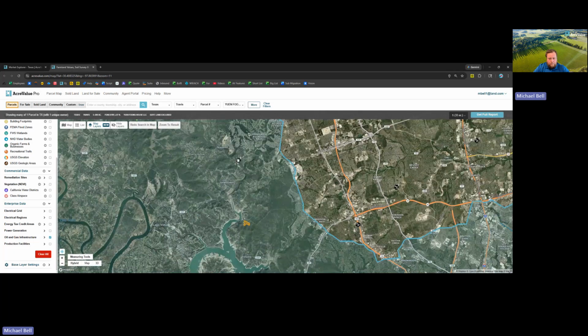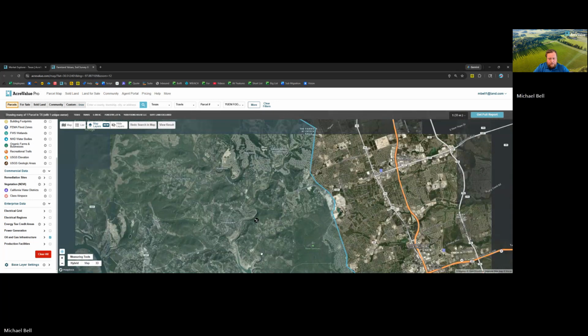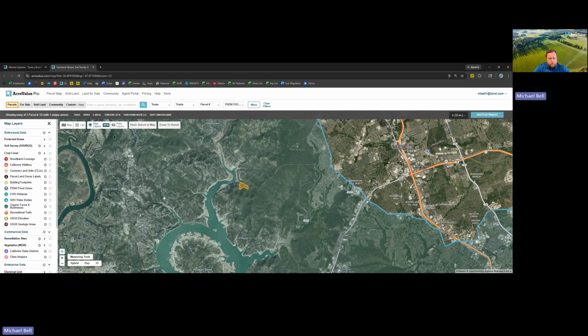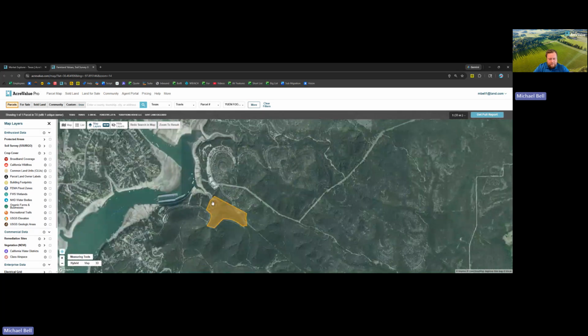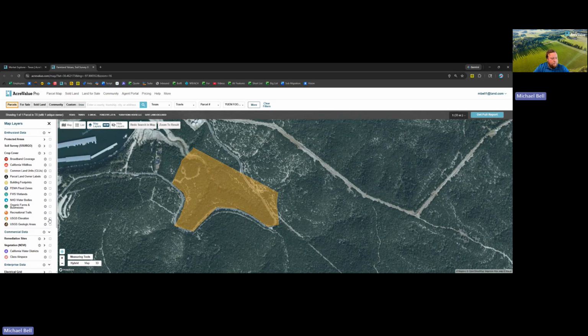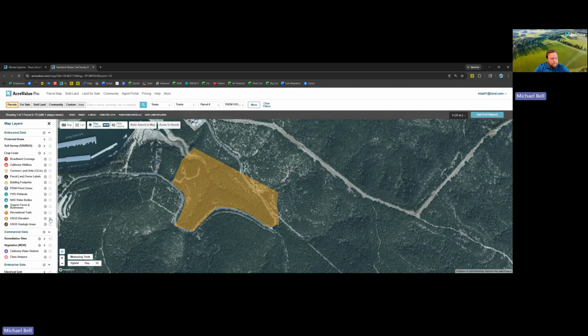There are going to be a couple oil wells up here. And it looks like that's all there is in the area. Let's drill into some more environmental stuff. So we want to make sure it is relatively flat. This is hill country, so it probably is not. But let's go ahead and put on our USGS elevation map. It looks like relatively all the same elevation. I'll drill into this a little more here in a second when I run the report.